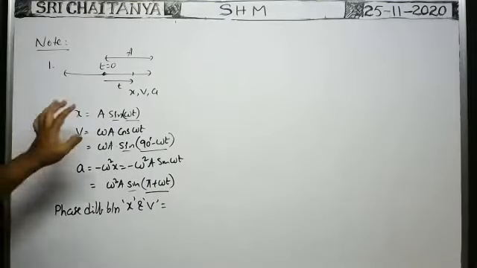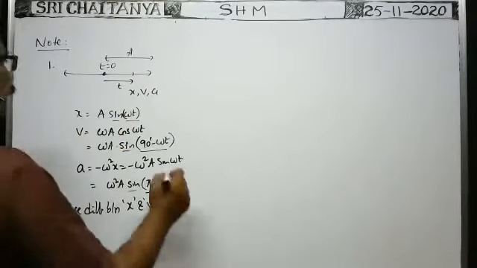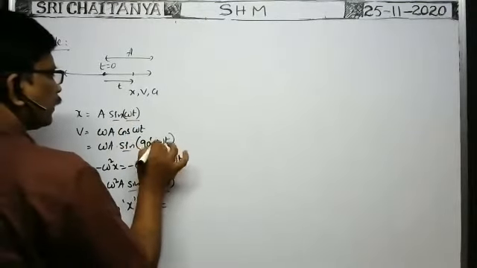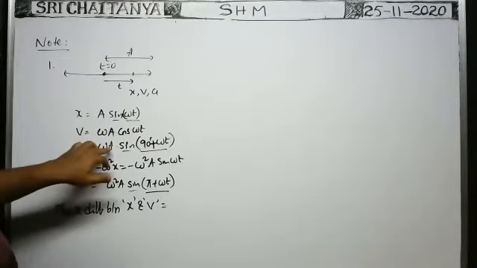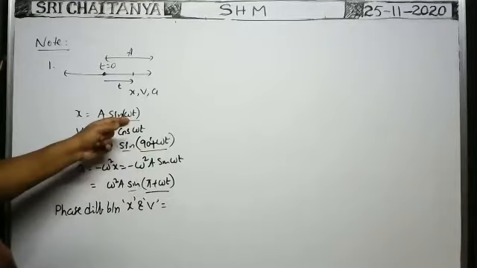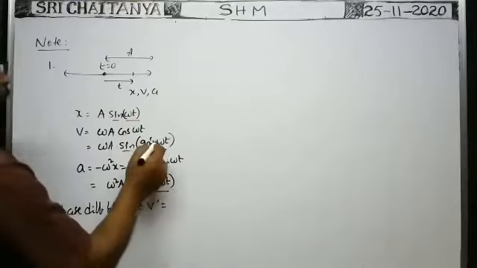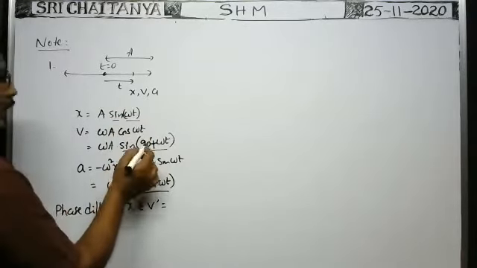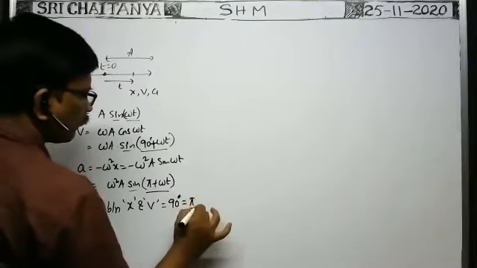You see, the phase angle for this is here. This can be written as sine cos, no, we can write sine of 90 plus omega t, right? Sine 90 plus omega t. The phase angle here is 90 plus omega t. Here it is omega t. For the phase difference, this is greater, so this minus this. 90 plus omega t minus omega t means 90 degree. That's why the phase difference between them is 90 degree or pi by 2 radian.